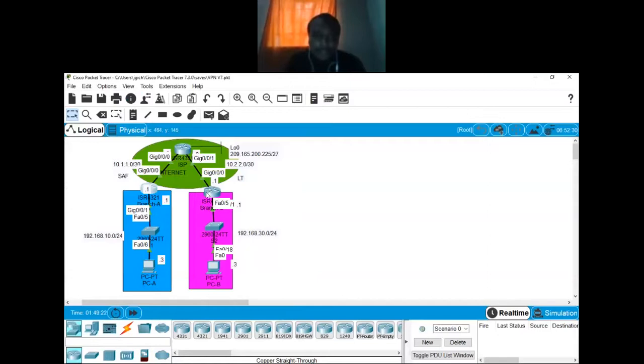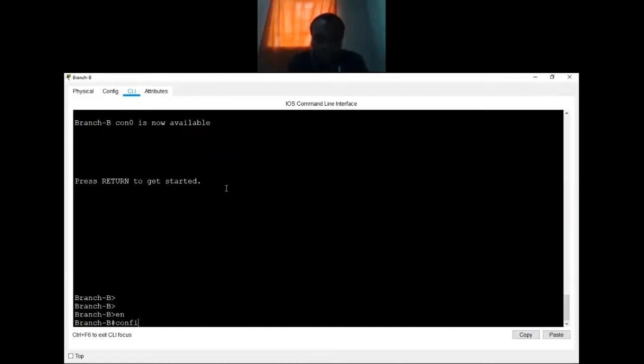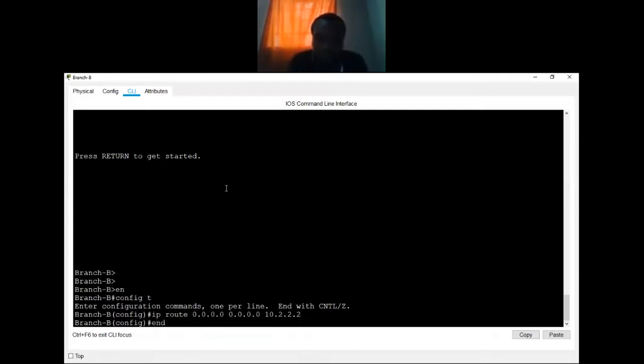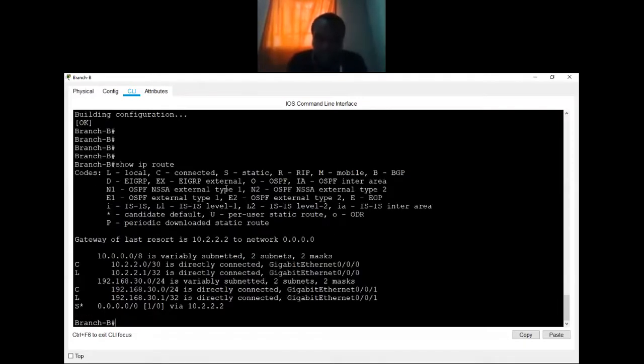We also move now to the other router, that is branch B. I'll say IP route, if you're going to an unknown destination of an unknown subnet mask, route the traffic to 10.2.2.2, and then I'll end, write to save, and then show IP route. You'll be able to see S with an asterisk, but this time going to the other IP address from the other side of the ISP. There might be two ISPs or one ISP. All in all is okay.